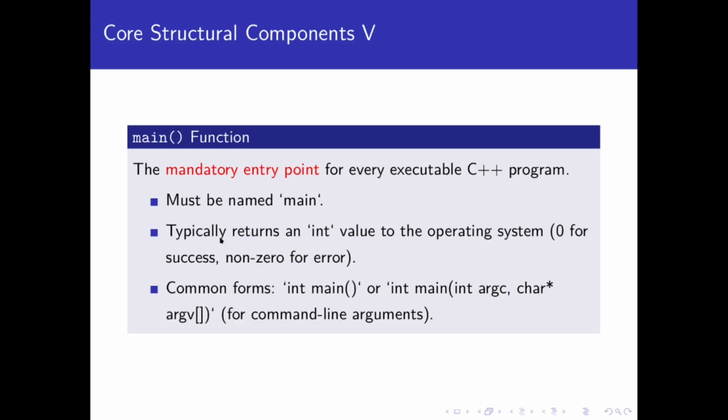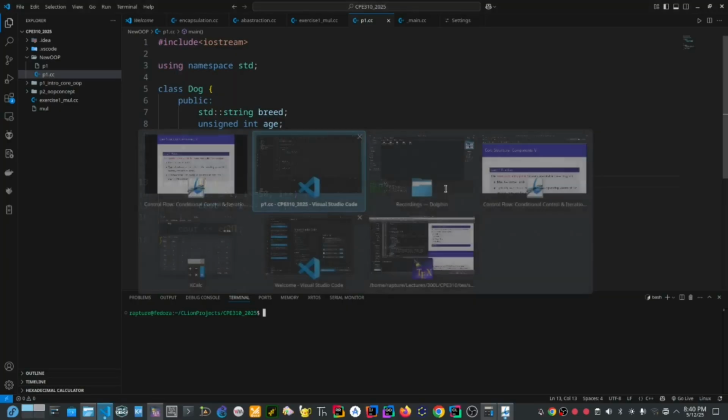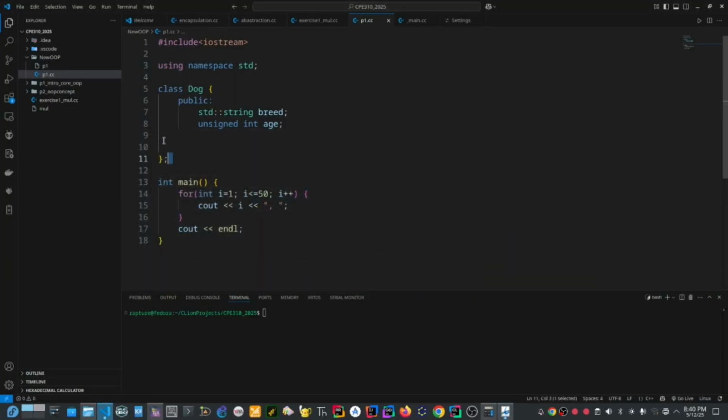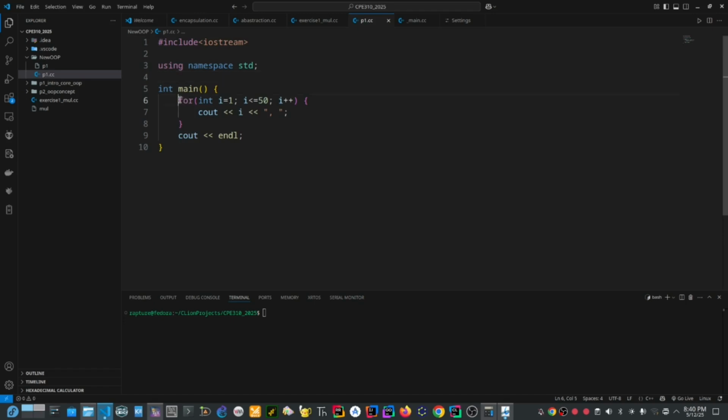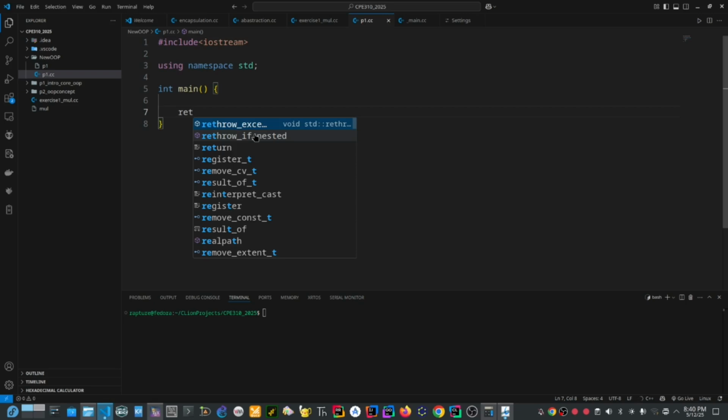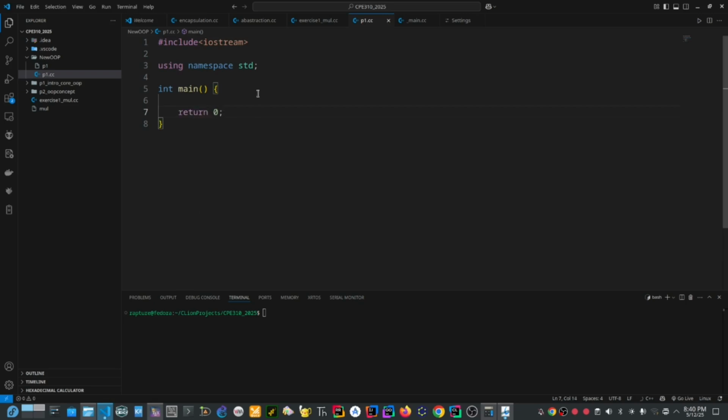The main function here is the mandatory entry point for every executable program. What does it mean? Let me remove this, for example. Now, this is the main. It's telling us this is our program's main; no matter how many classes we have, the main function is the entry point. If we add something here,